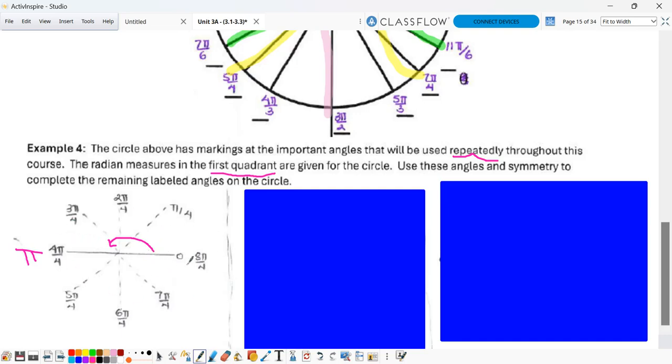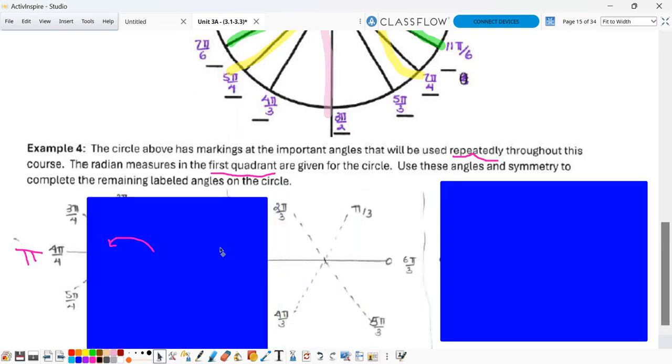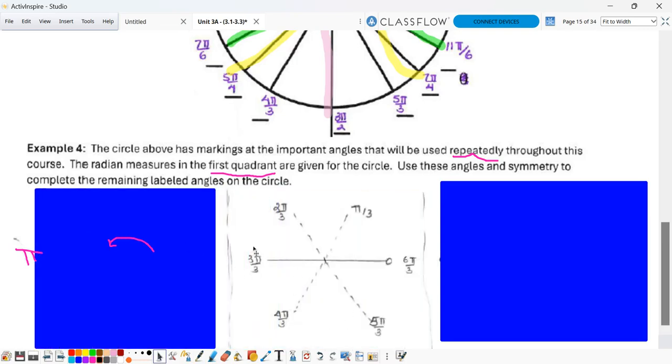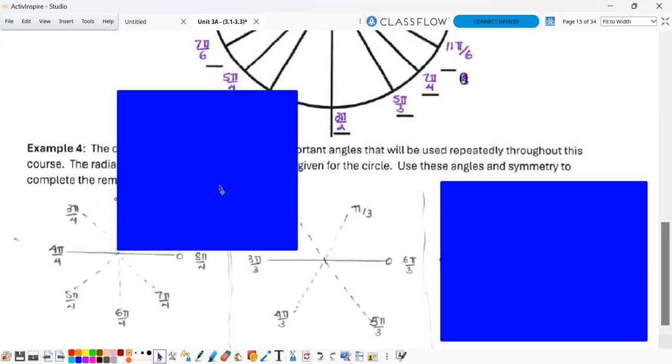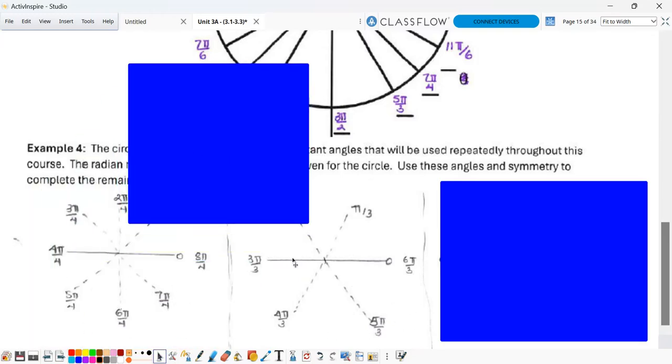So this is a pi over 4 layer. Now let's take a look at pi over 3 layers. Pi over 3, that means pi is here on the 3. Pi over 3 is a pi, and you make 3 parts. So 1 pi over 3, 2 pi over 3, 3, 4, 5, 6. 6 pi over 3 is the same as 2 pi, back to 0. So if you are looking at the pizza slices, you are making 8 slices of pizza, you are making 6